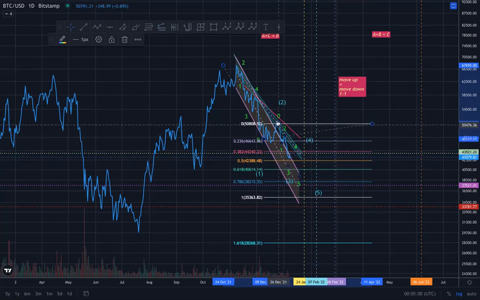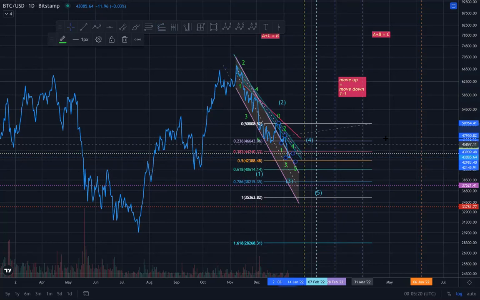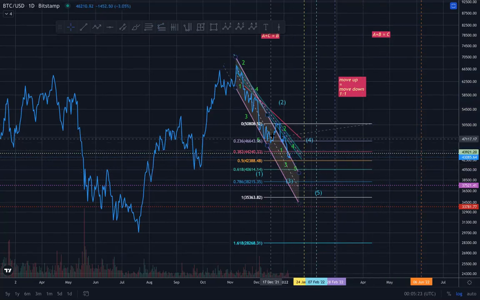If we go internally or go even a smaller degree here into this third wave impulse and find some sort of 1, 2, 3, 4, 5, like what we've shown here, 1, 2, maybe the 3 would be a little bit lower. The 5 would be at the 40,000, right? The 4 might be its resistance, wherever there. That would be that idea. That's an internal relationship. If we take the